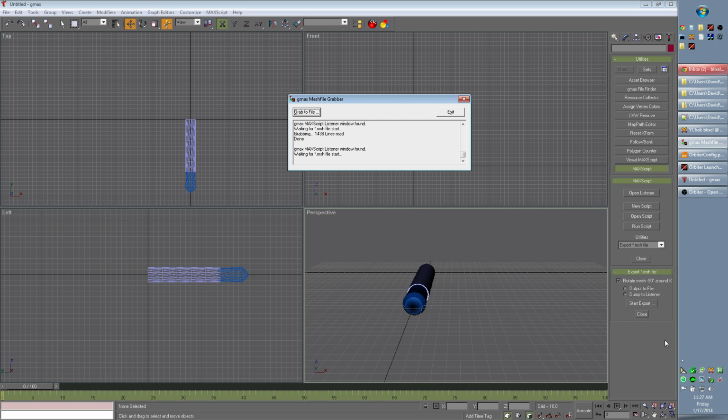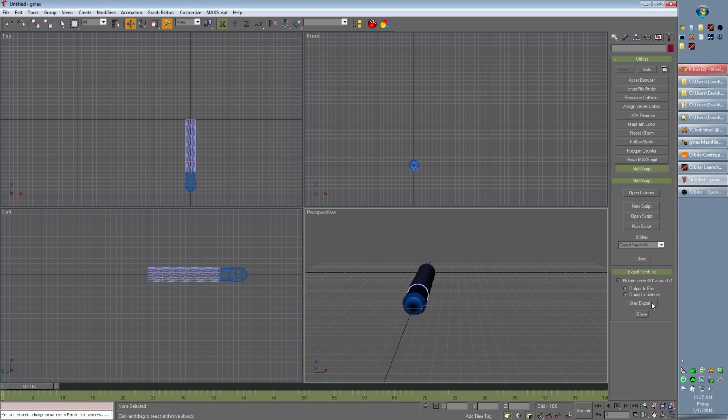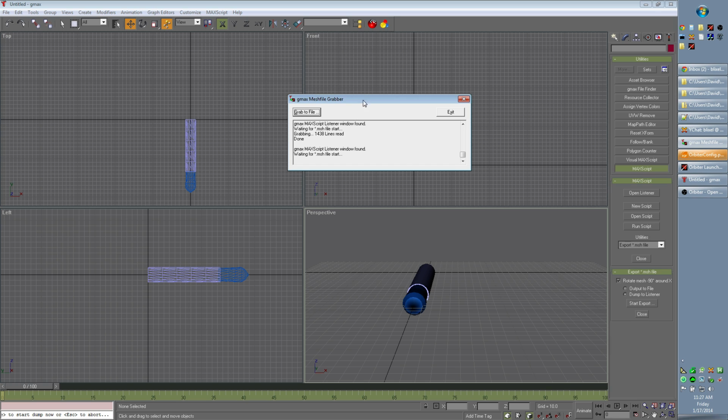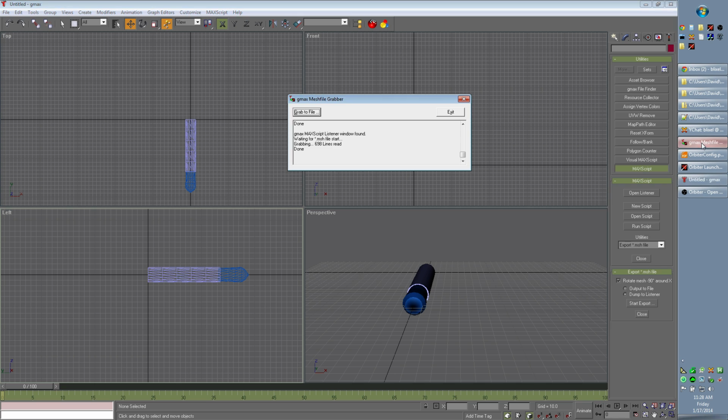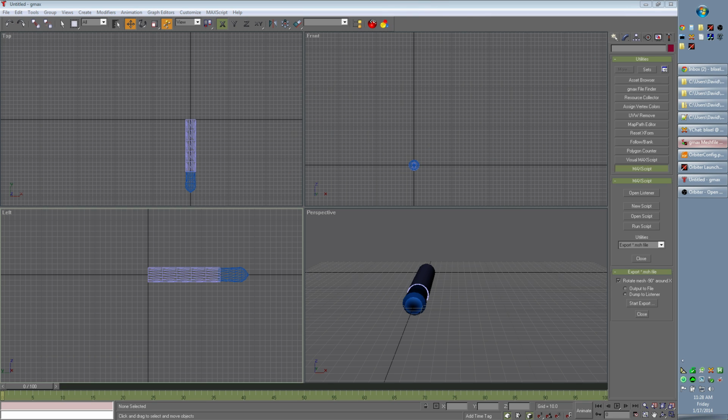So now what I have to do is start the export in GMAX, and you can see it says down here that it's waiting to dump. So basically GMAX is going to dump the mesh into this Mesh Grabber that's waiting to listen for it. The way I do that, you just press the space bar, and it dumps all that data to this program, which was listening for it, and this program grabbed the mesh and actually created the mesh file. All right, so now let's take a look at our rocket